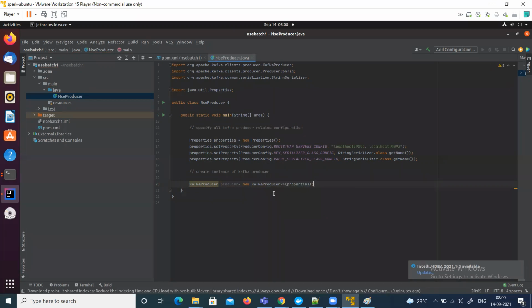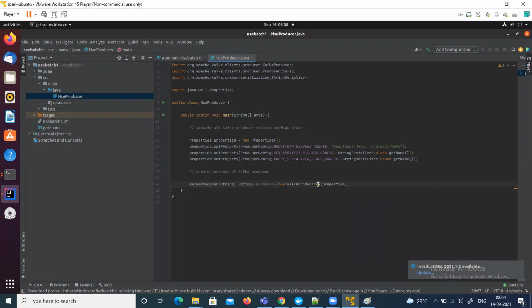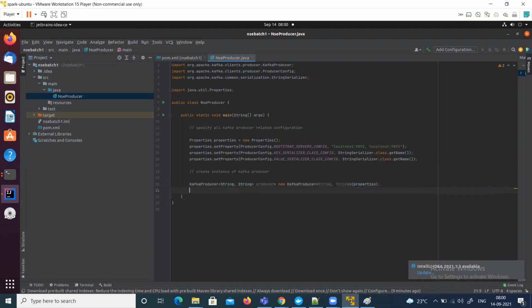So now my KafkaProducer knows all the properties. Optionally, I can specify the generics also, string and string, so key type is string and value type is string. This is how things go. So I've created a Kafka